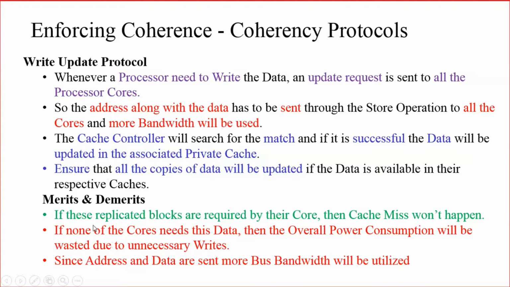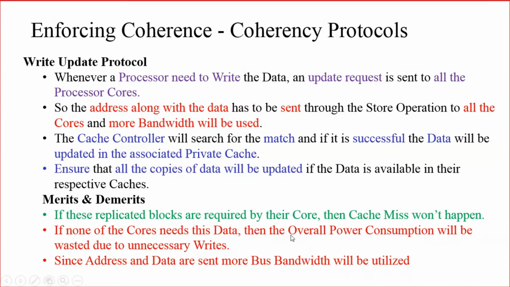This is a merit. If these replicated blocks are required by their own core, then cache miss won't happen. In the invalidation protocol, we have seen that since the address location is invalidated, if a core is trying to access the same data, cache miss will happen. But here, since we are updating all the data present in all the cores,